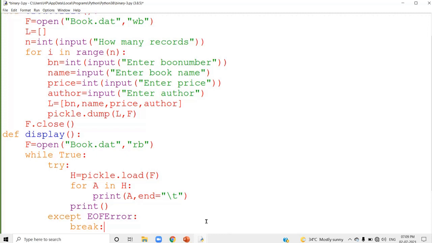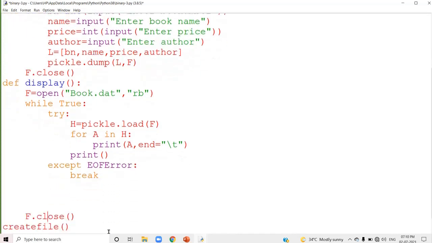Check whether it is understood or not. The loop will be repeated. The first record will be read, and after displaying that one, automatically you are inside the while loop. It will read the second record. The same procedure will be repeated. If you reach the end of the file, automatically the EOFError will be raised. That is the error name. It jumps to this except block, and there is a break statement. Automatically you jump out of the while loop, and after that you can close the file. Yeah, this file is closed.